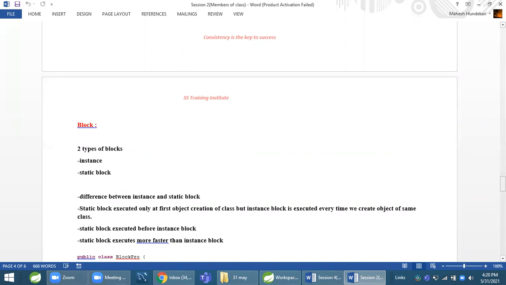Constructor is similar to a method, however it is not a method. Methods have return type, but constructor does not have the return type. For the constructor we use the class name, but for the method we do not use the class name. There can be multiple types of constructor, parameterized constructor as well as default constructor. If we do not declare one on our own, then JVM will provide a default constructor on our behalf. Correct. Good. This is about constructor.